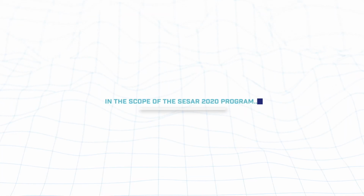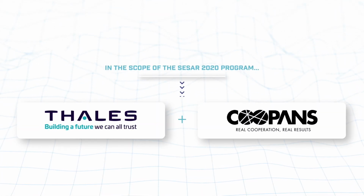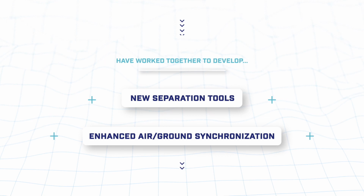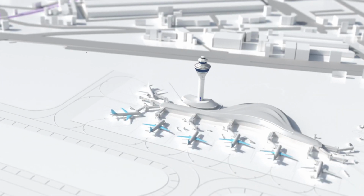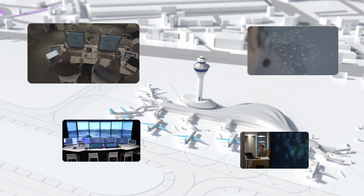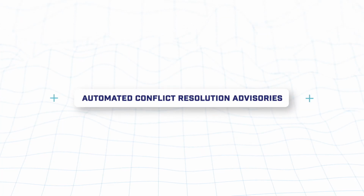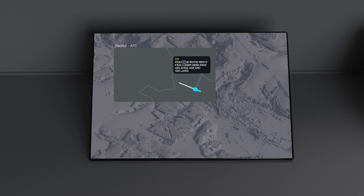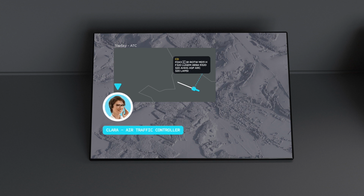In the scope of the SESAR 2020 program, Thales and Coupons have worked together to develop new separation tools and enhanced air-ground synchronization, which are opening the way for new levels of automation in air traffic control. For example, when an aircraft enters an FIR, the system automatically notifies the air traffic controller of any predicted conflicts